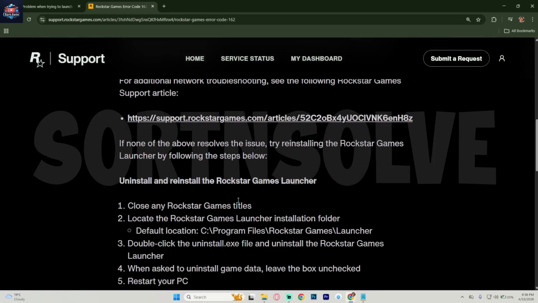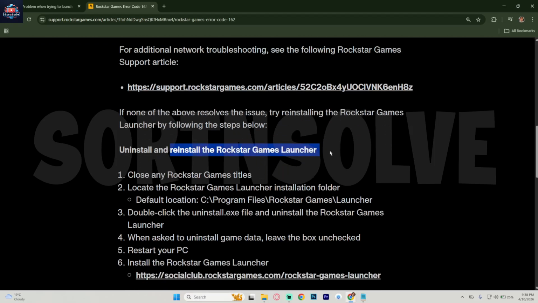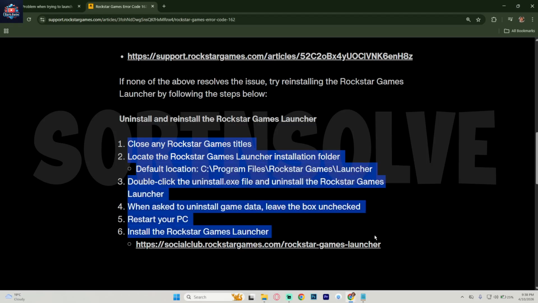Finally, reinstall the Rockstar Games Launcher if the issue still continues, and launch it again, and the error code 162